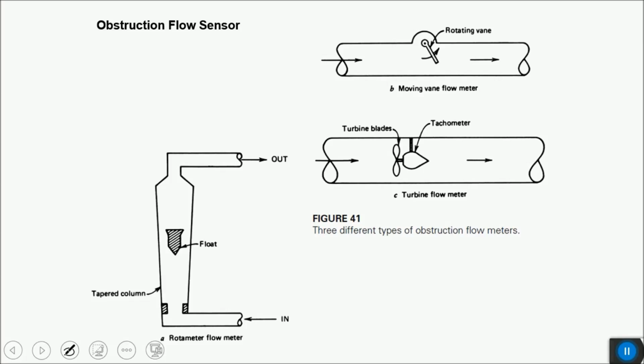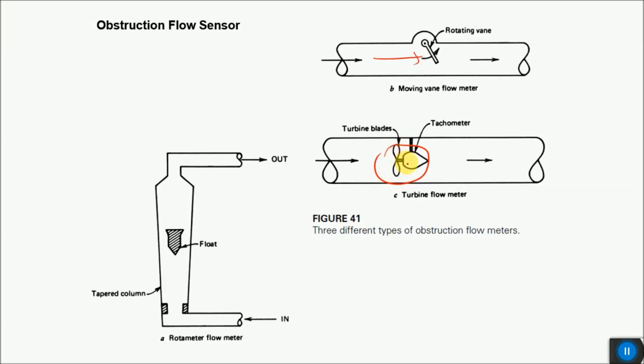And finally, we have flow sensors. In case of flow sensors, we usually want to measure the flow of any fluid. The fluid can be a gas, the fluid can be a liquid. And in case of both gas and liquid, we use different approaches. We can have a rotating vane that displaces from its mean point or mean direction based on the amount of flow that is passing through that pipe, or we can have a turbine based flow meter